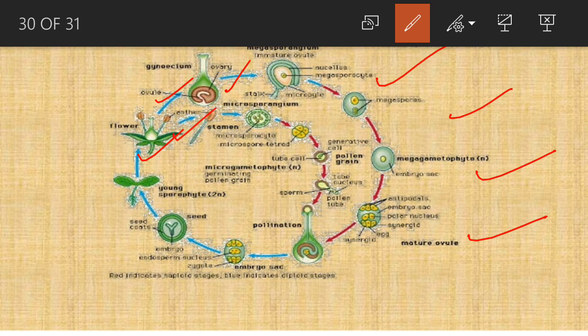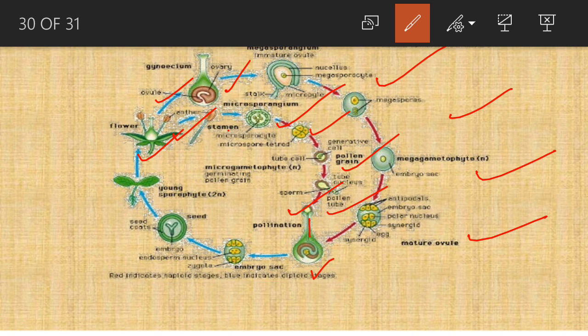Now the male part of the flower, that is the stamens. In the stamens, the upper portion, known as the anther, contains the pollen grains. Pollen grains develop from the microspore mother cells, and they form tetrads, and these tetrads become independent and form the pollen grains. Pollen grains will develop a pollen tube. The pollen grain with the pollen tube will land on the stigma. From there it will penetrate the style and enter the embryo sac through the micropylar end.